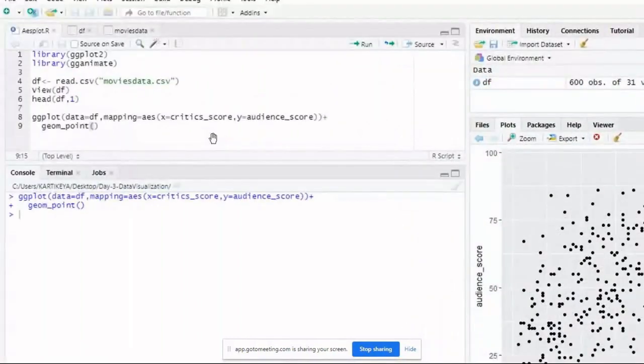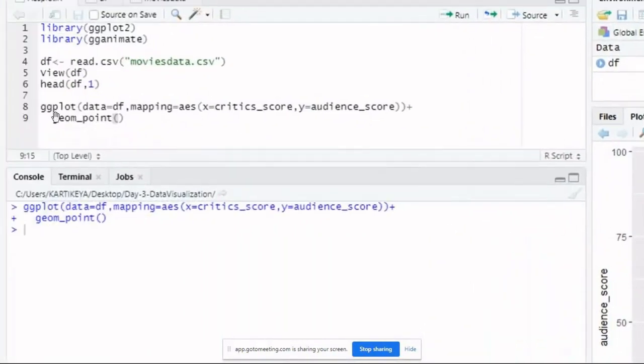The ggplot command is ggplot with data equal to the data frame, which is the movies data.csv, and mapping. AES is nothing but aesthetics, meaning what variables we want to display. By using these aesthetics, we can give color to the graphs or a scatter plot. All those things can be done by using the command AES. In AES, I want the x-axis values to be critic score and the y-axis to be audience score. Plus you have to write